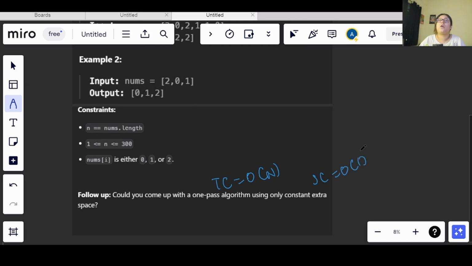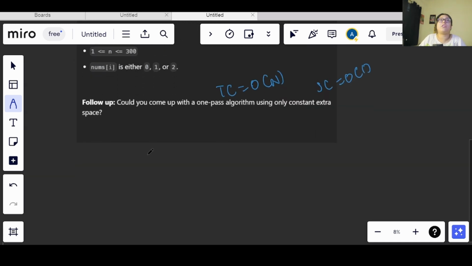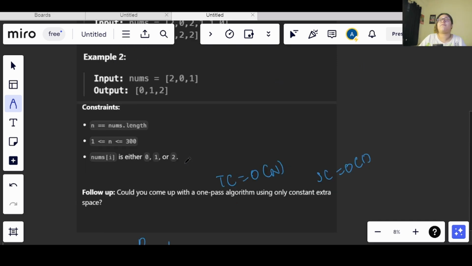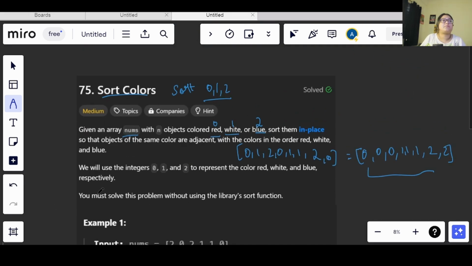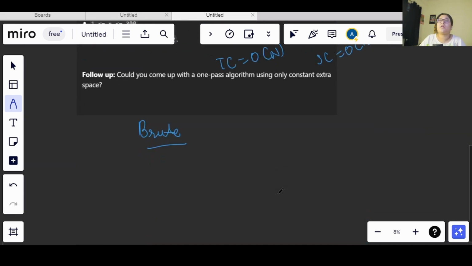Now in the brute force approach, or the simplest thing that we will be thinking about is, if we are not given this specific term that you are not allowed to use library sort function, then we will be thinking why don't we normally sort that, right? So basically we will be going with the sort function, and using it we will be sorting the entire array.